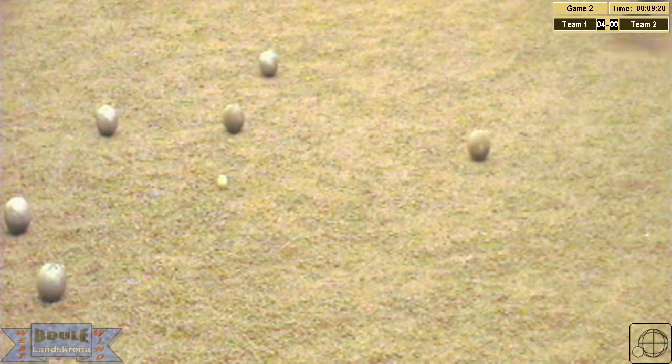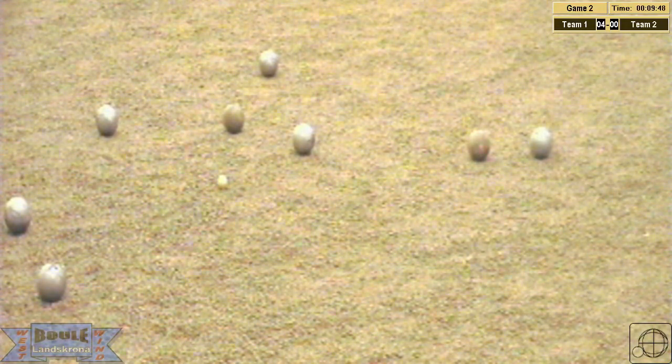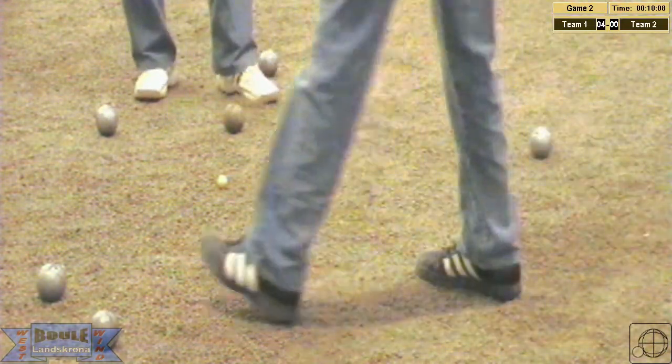More forward shot this time. It's not strong, but it managed to push it out of the way. Next up, point: you could clearly see from my point of view that he was too short on that one. And his last attempt is good enough and has a good line with the courgette, with the hope that maybe the courgette will go further back to the bulls in the back. Good hit from team 1. He doesn't stop with his bull, so